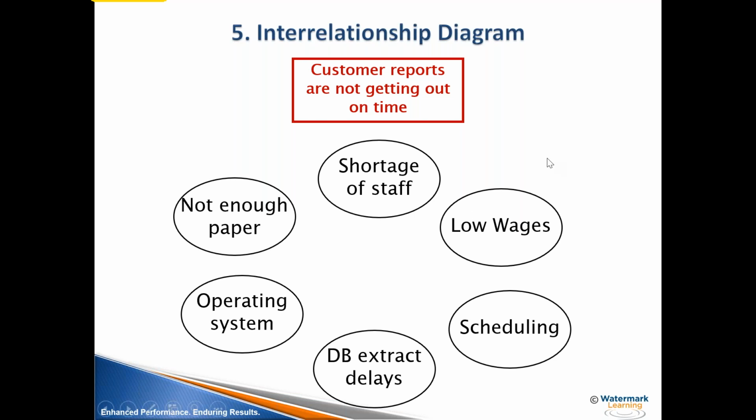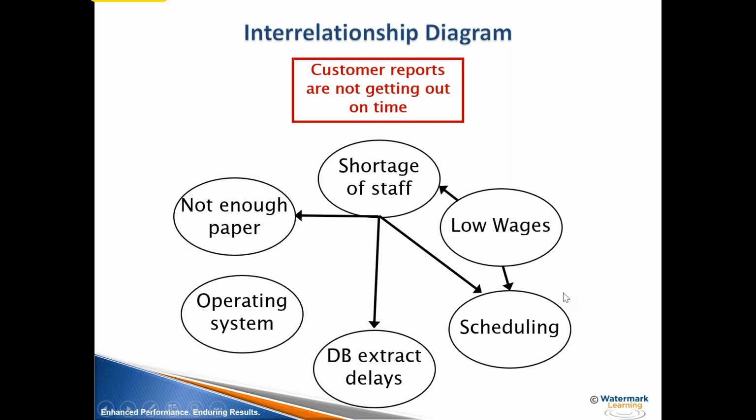And then using your stakeholders' insider knowledge, find out some causes. So like low wages are causing staff shortages and scheduling problems. And shortage of staff in turn causes not enough paper to be available. That sounds kind of bogus, but okay, somebody threw that out as a way to run with it. Database extract delays are being delayed because we don't have people to run the software, or scheduling problems because we